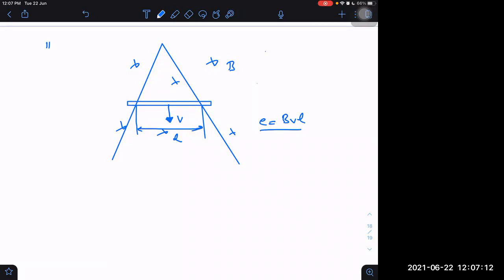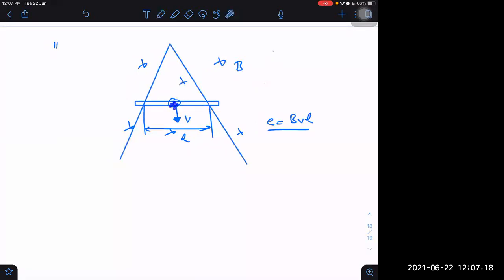What is the direction of this? Direction, if you want to find, assume a positive charge. QV cross B, it will try to send it in which direction? It will try to send it, right, QV cross B, in the upwards, right side direction. So upwards, what do you mean by upwards? V is along minus j cap, cross B, B is along minus k cap. So finally, in which direction is the EMF induced? In which direction will the force be acting?